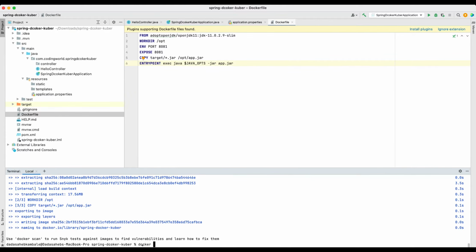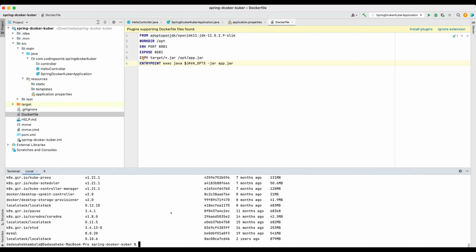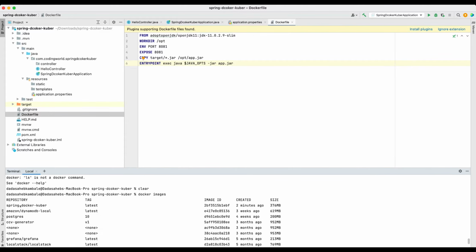Now let's check all our Docker images. Here should be our Docker image, Docker Kubernetes with the latest tag. Now we are done with our second step also, which is creating a Docker image of our Spring Boot application.